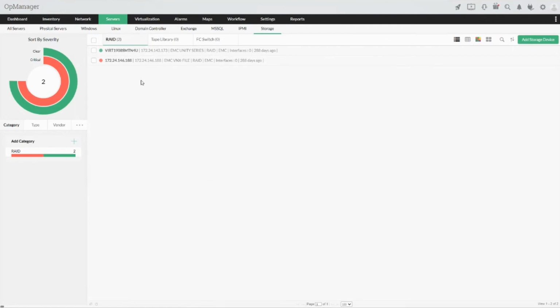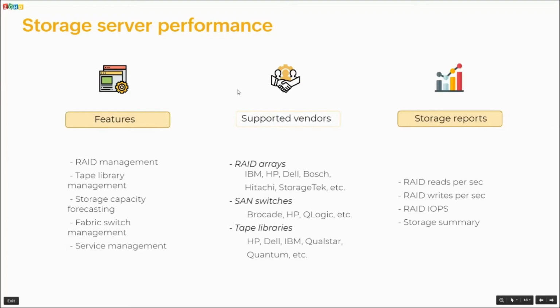So this is how OpManager helps you in monitoring your storage devices with all the vital information which is critical in terms of storage-based monitoring. You can monitor them, take reports, and get notified if something goes wrong in those respective storage devices in your environment, and have better resource utilization and capacity planning, and get notified immediately instead of later, especially when it's a storage device in your environment. So now let's go back to the presentation and continue.